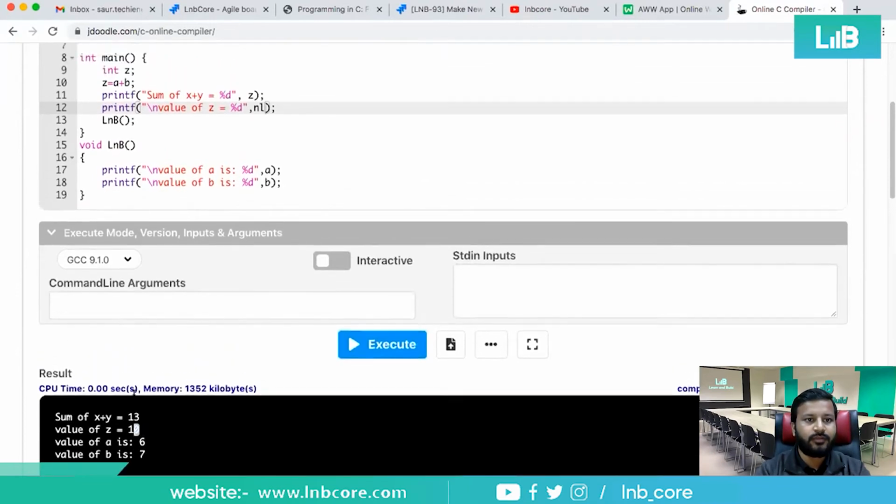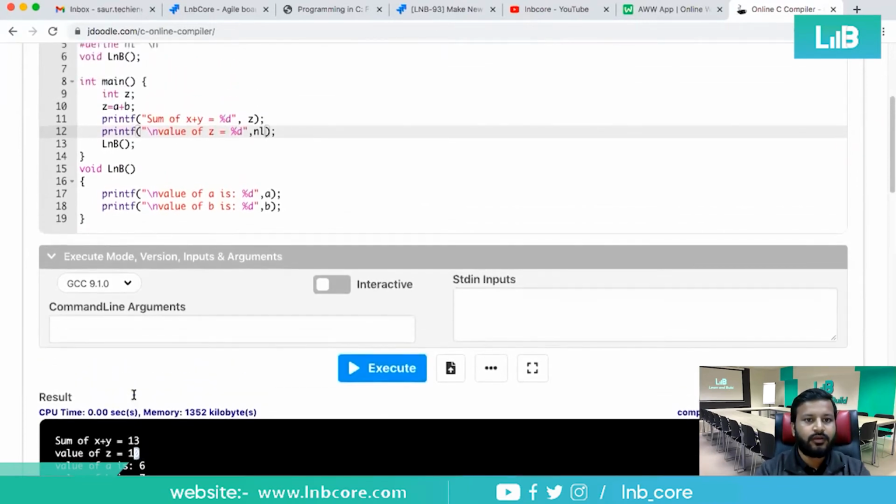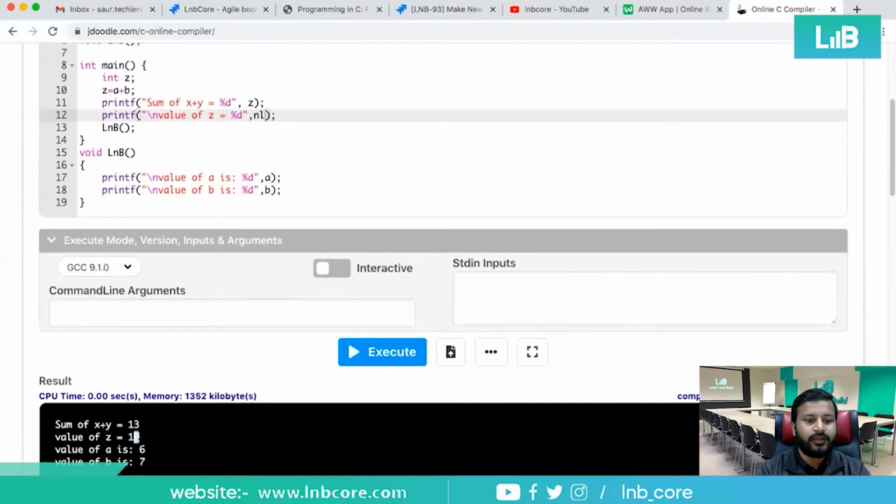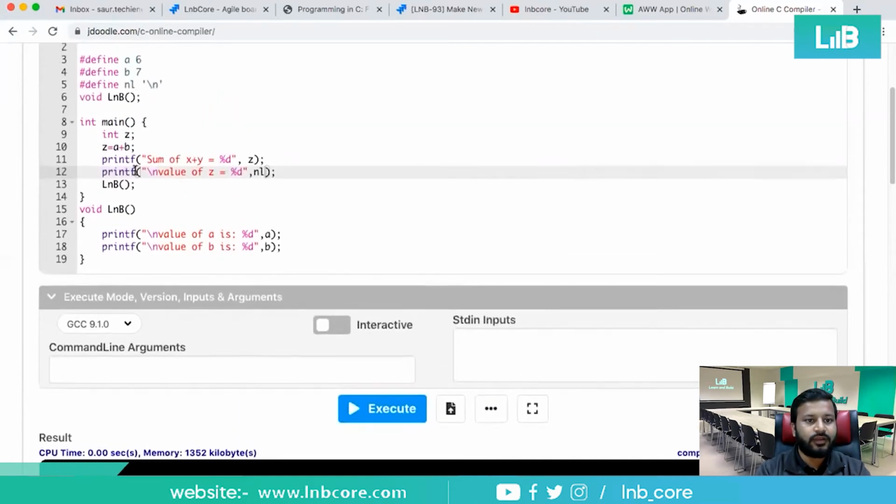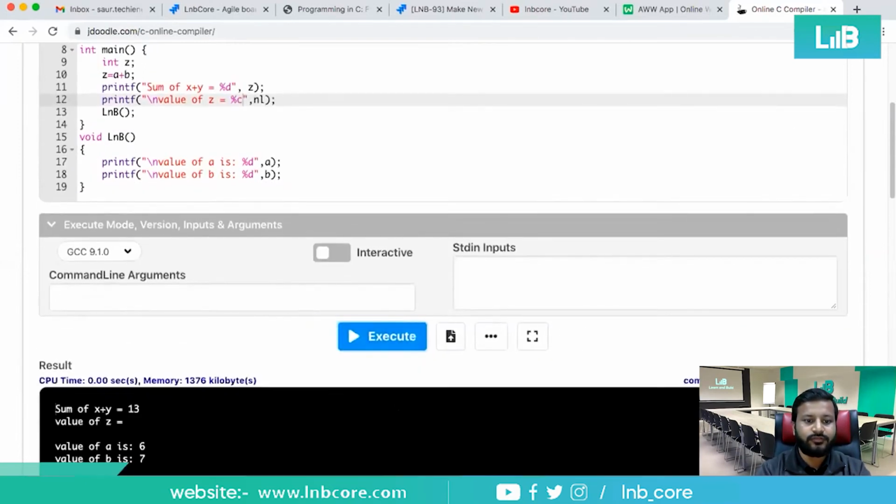Which one is coming up? Yeah, so the value of X plus Y is 13, value of Z, which is of integer type. Instead of this, because we have defined this NL as one of the character type, we should change it to character, which is C. Shall we change it and use it also?